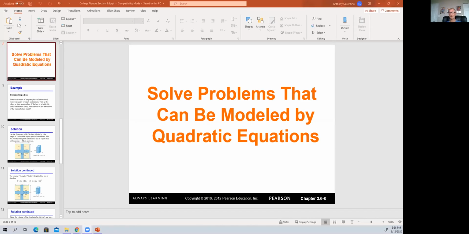Hello, class. We're going to continue section 3.6, and we're going to focus on modeling using quadratic equations. What I decided to do is to work on a couple of geometric figures, hopefully what I would consider pretty simple, even though this still is reasonably complicated. We're just going to deal with boxes, and actually boxes with square bottoms. And so the first problem